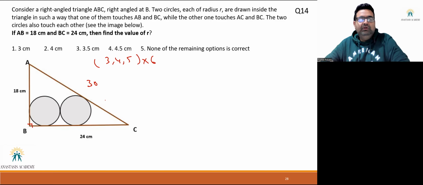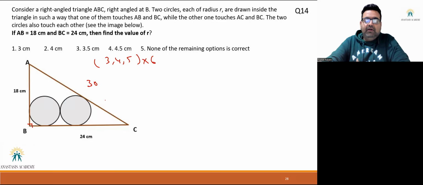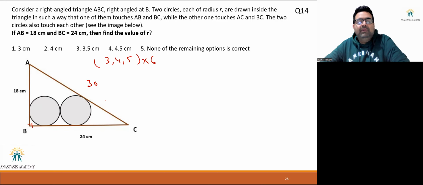So from two given sides, if I have to find another length, right? So length to length, usually we say that there are two trigger points. Either you solve it using Pythagoras or you solve using similar triangles, right? So similar triangles and Pythagoras are usual triggers for when you have to calculate a length from another length, right? So here R will not form a part of Pythagoras triplet. 18, 24, 30 is a triplet, but radius is not going to come in a triplet.